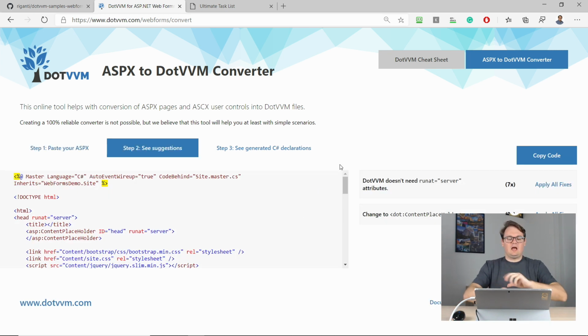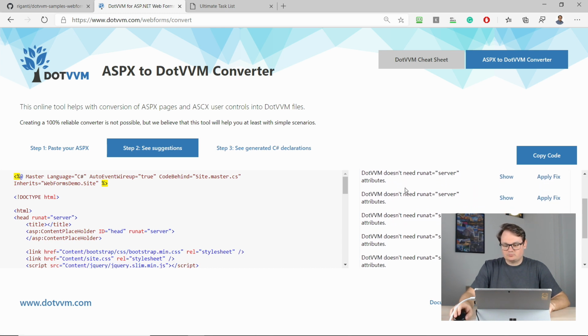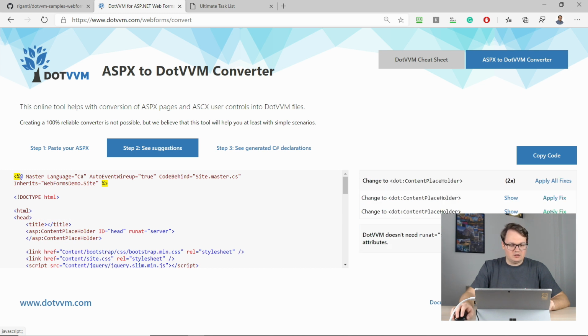And this tool will analyze all those things that it can, and it will offer me some suggestions. So for example, in .vvm, we do not need the run at server attribute. So you can expand this section, and there will be all the occurrences of run at server. If you click on show, it will mark this in the markup. Yeah, so you will see that this is here. And if you click on apply fix, we will just change the markup for you,